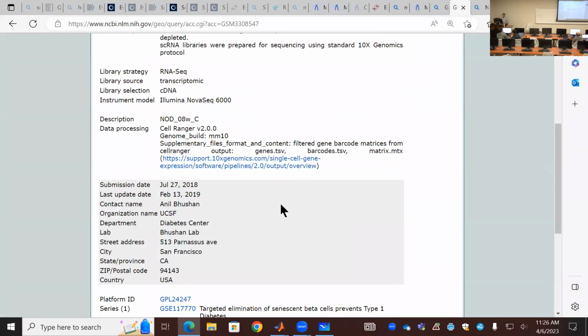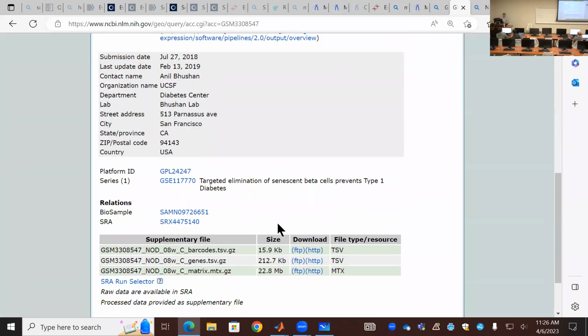So their alpha cell in the pancreatic It's not in the healthy state. It's probably under attack with some T cell around it. So that's why we found those cytokine response